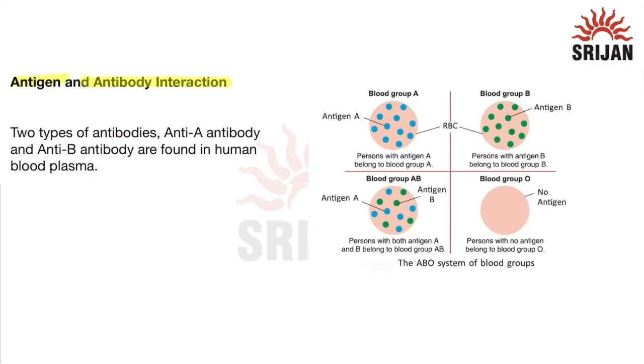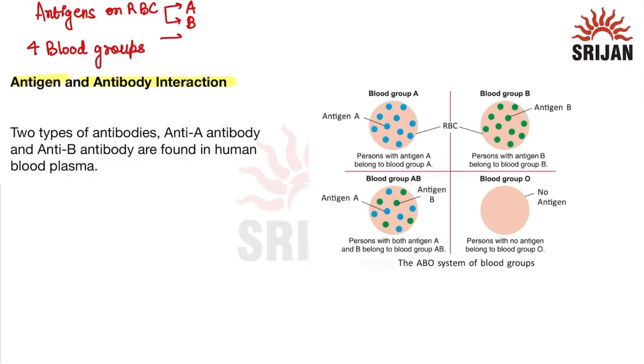The topic is antigen and antibody interaction. Let us read about the antigens that are present on RBC. There are two types of antigens that are present. First is antigen A, second is antigen B. On the basis of these antigens which are present on RBC, we have four blood groups that are present